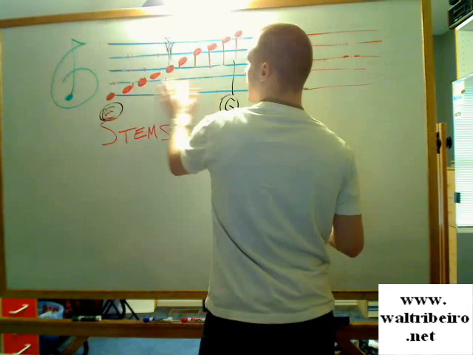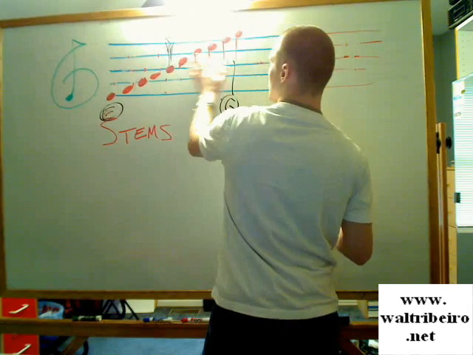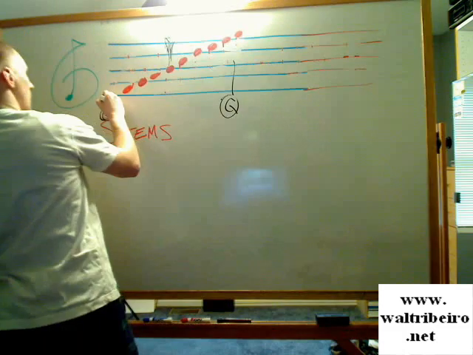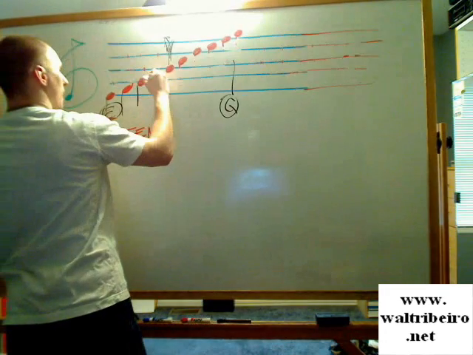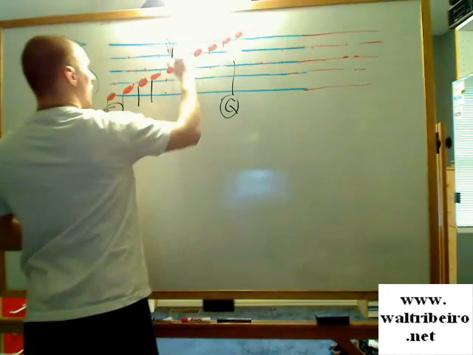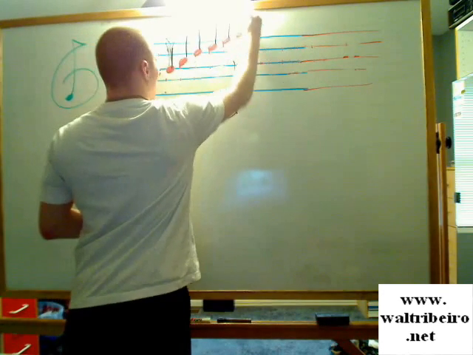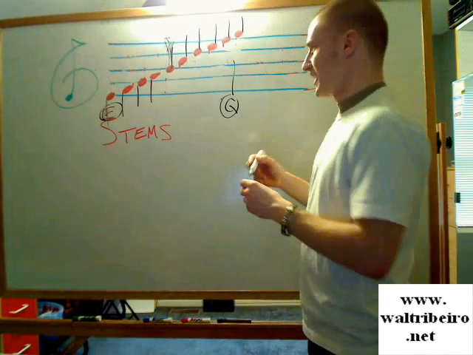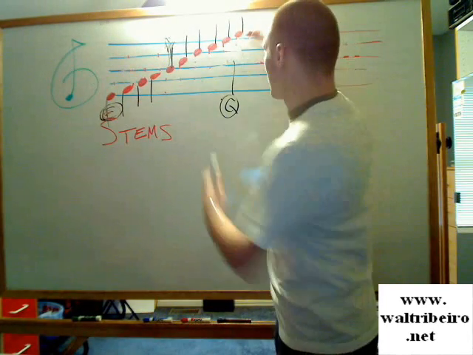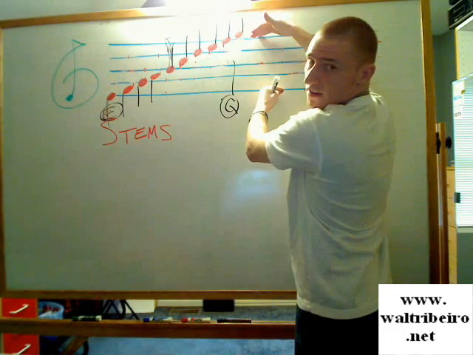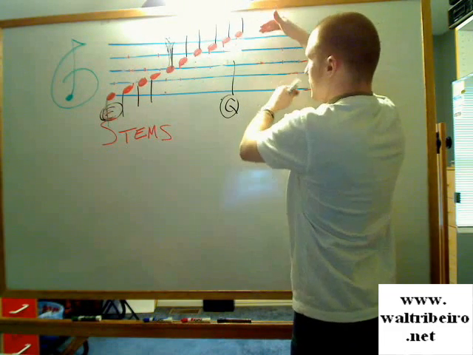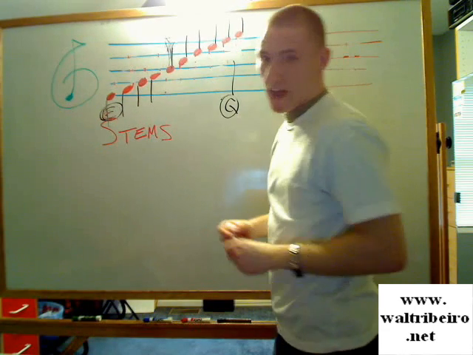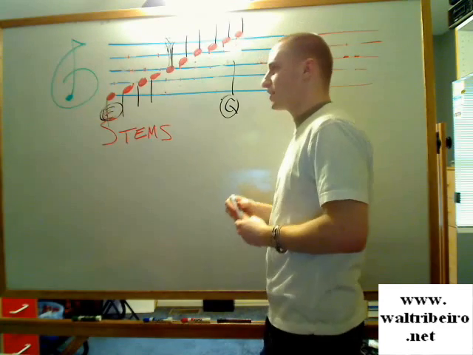Let me take these, and let me do all the stems separately, and you'll see how bad it looks. Okay? So all these stems, I'm going to have these going down. Down, down, and I'll have this one going up. That's what it would look like if I did it incorrectly. And now, instead of the piece of music only taking up this much space between the five ledger lines, I'm now taking up this much space. And the problem with that is that not only does it look bad, but it's actually very difficult to read,